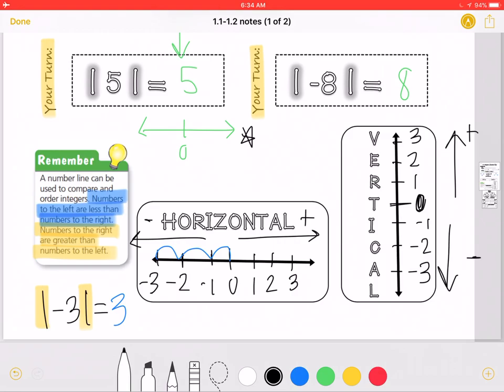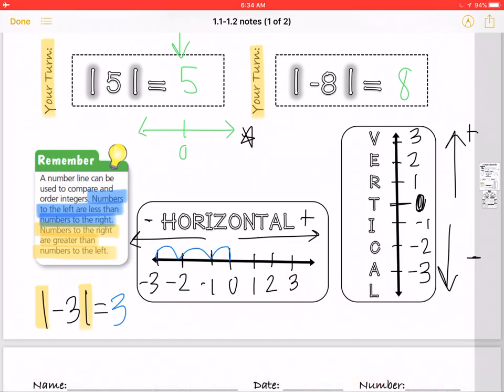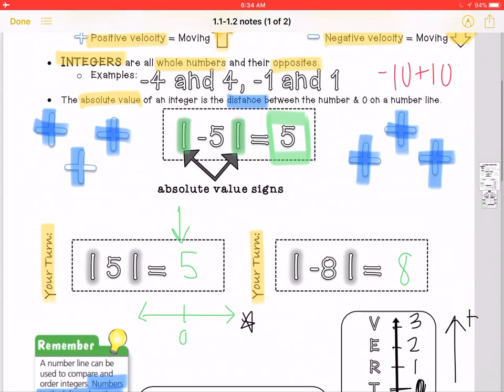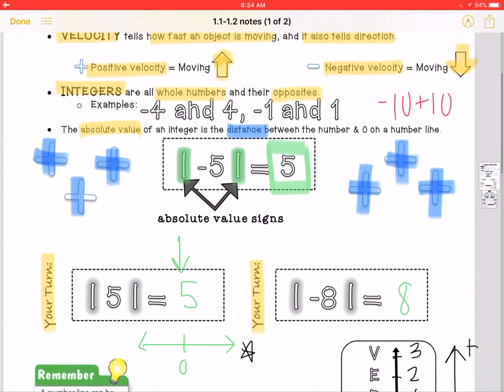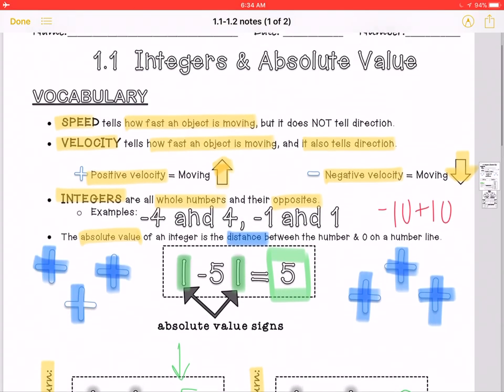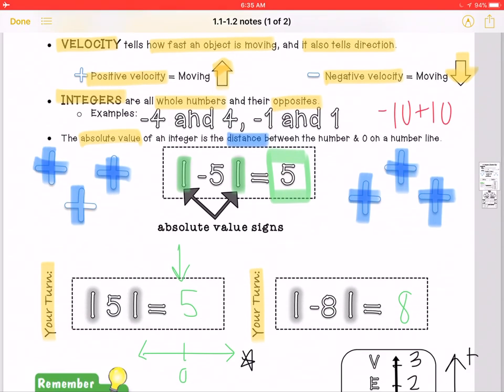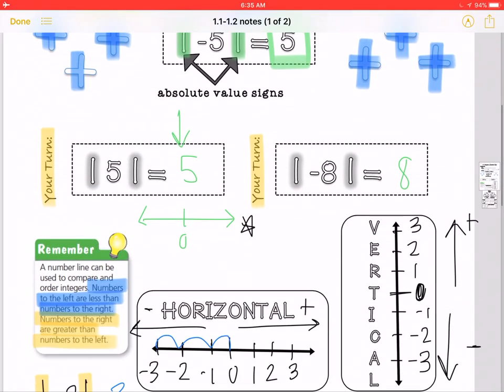Perfect. So that is our horizontal and vertical number lines. This is just a quick touch on our first lesson, our first video. Hopefully you filled that all in. Take the time, go back and review this if you need to. Just reminders of our vocabulary. That's very important, what integers and absolute value are, and understanding those absolute value signs. And then soon enough, we're going to